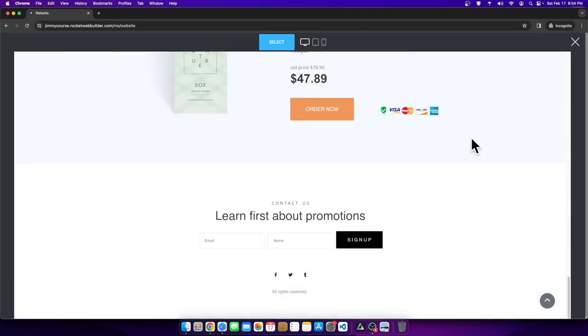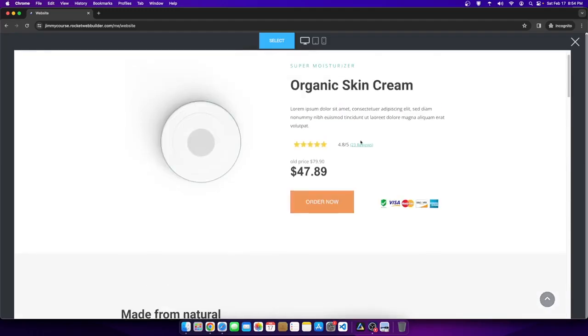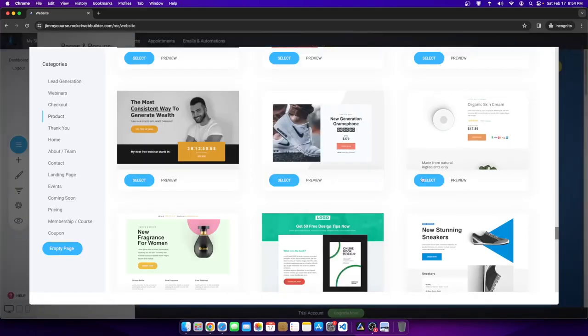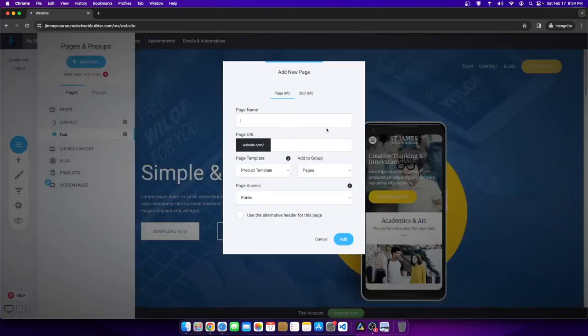Now, this page is a very clean built page, and what I'm going to do is add sections to it, but I'm also going to remove sections and remove images and replace them with my own. So I'm going to hit select, and I'm going to give this page a title. And in my case, this is